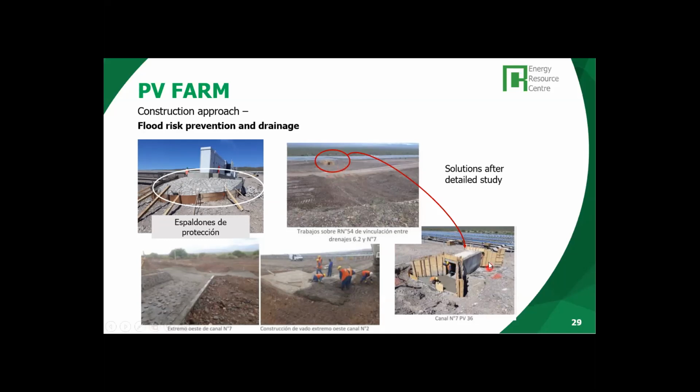This is the underground channel to be able to convey the water in case of flood, to drain and drive the water away, so that it could get out of the PV farm. And you can see the size of these channels, so a person can go inside. So it's really